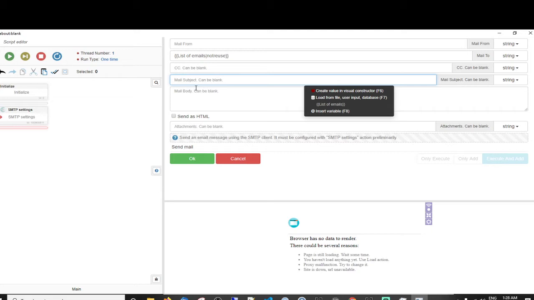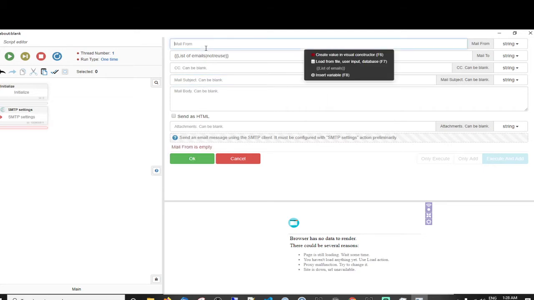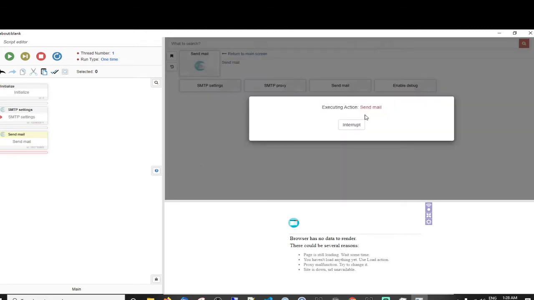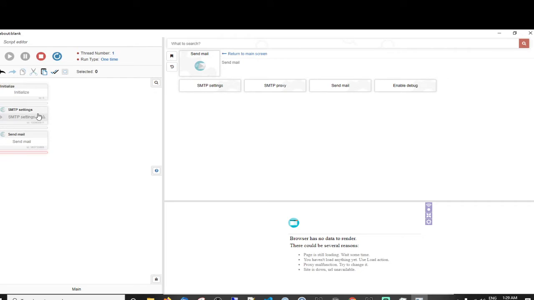Okay, I'm obviously on the stream, so I'm not going to build out a full email sender, but that's the settings that you would have. So I'm just going to put, again, a load of junk in here just so it will go through. So that's the basics of what you need.